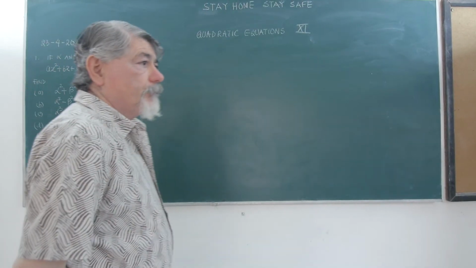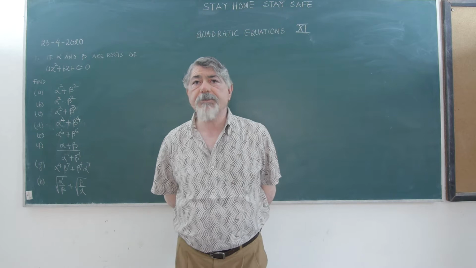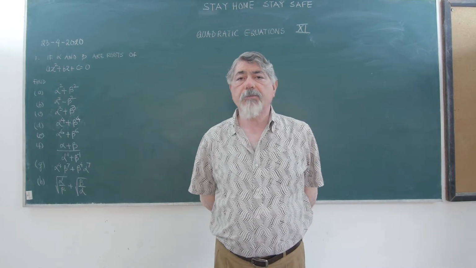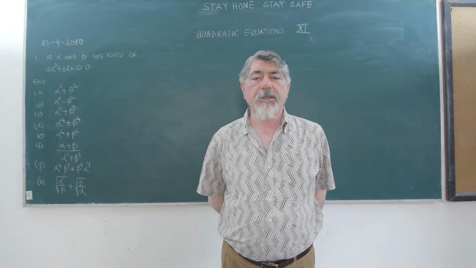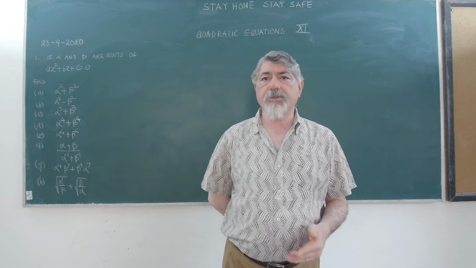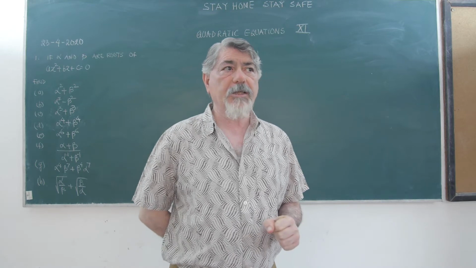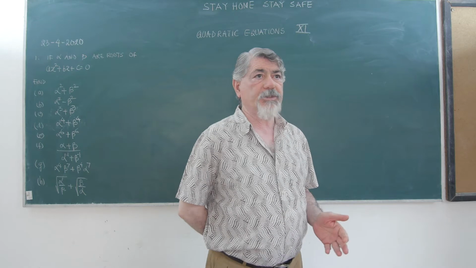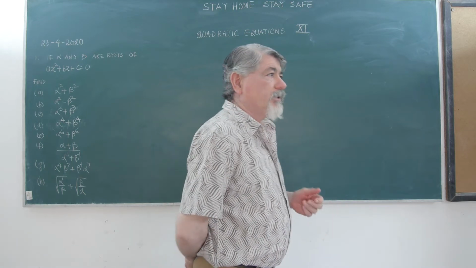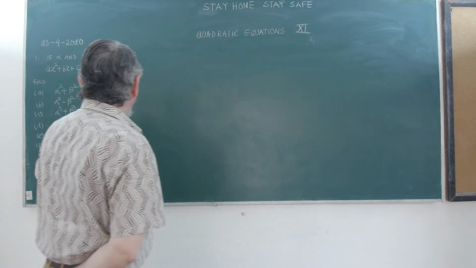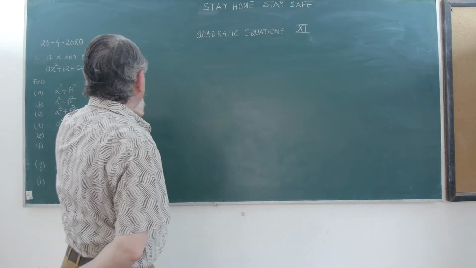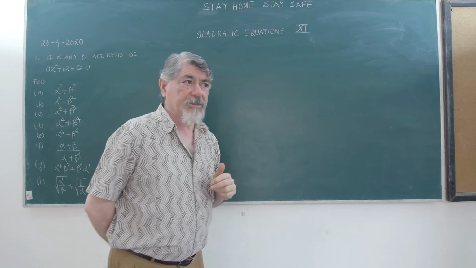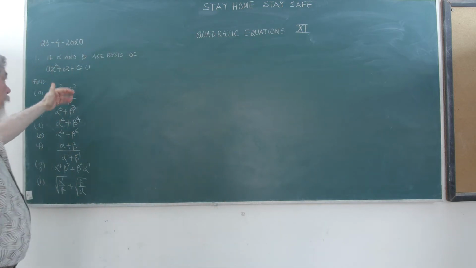Good morning. We are going to do the problems for class 11th based on roots of quadratic equation. It's pure algebra which you have already done in junior classes, and we are going to apply it to the quadratic equation. For example, I have written a question on the left side of the board. If alpha and beta are roots of ax squared plus bx plus c, then we have to find the following: